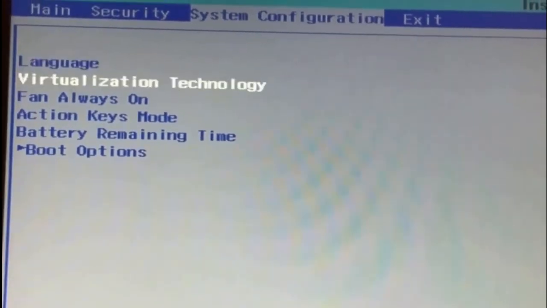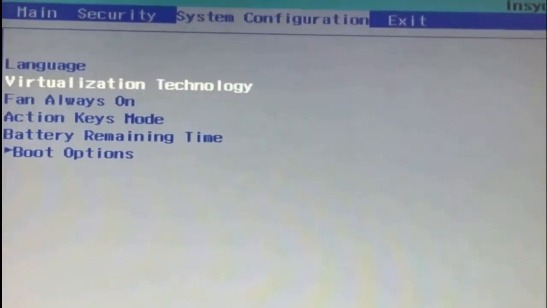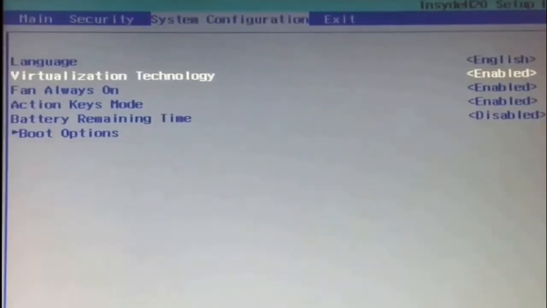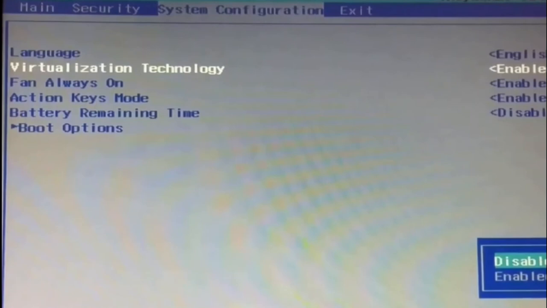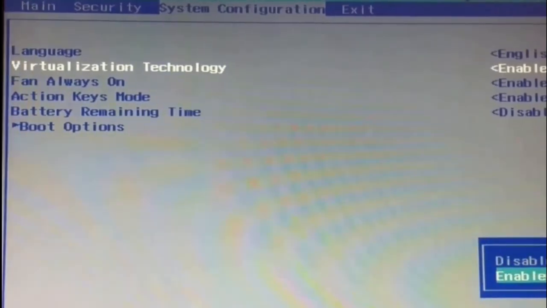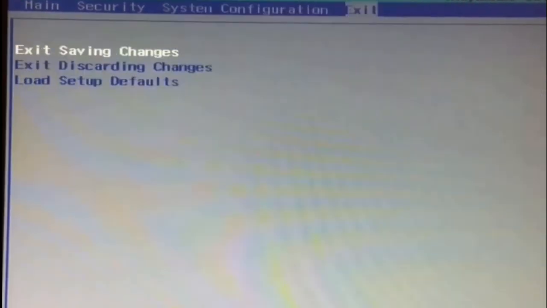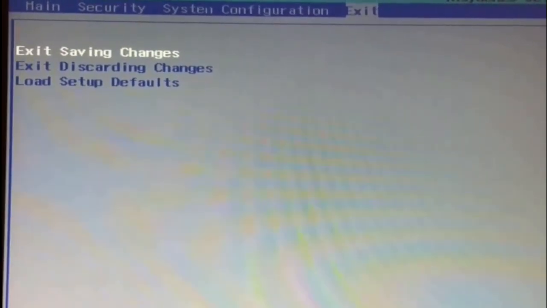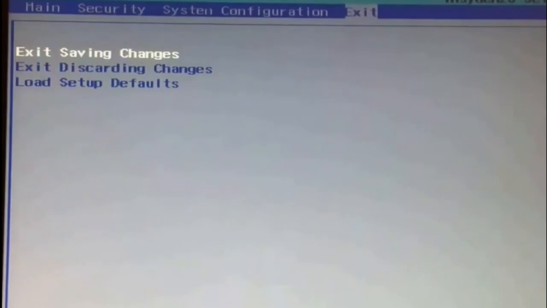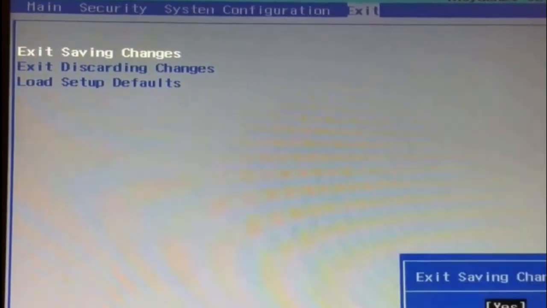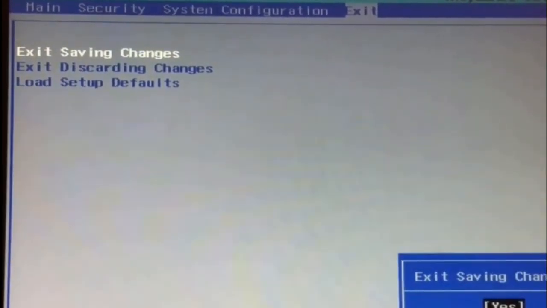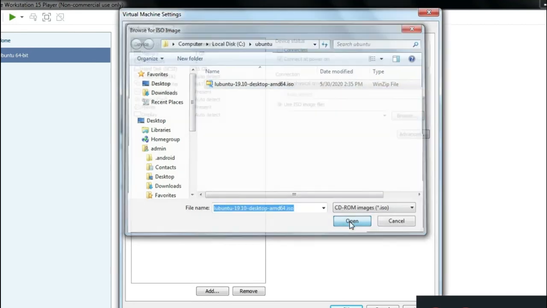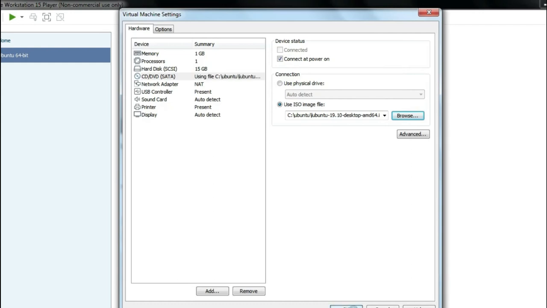If it is disabled, you have to enable it so that this physical machine supports virtualization technology. Exit by saving the changes. Click Enter and click Yes. Make sure that you change the setting and then go back and install the ISO image file into the hypervisor.